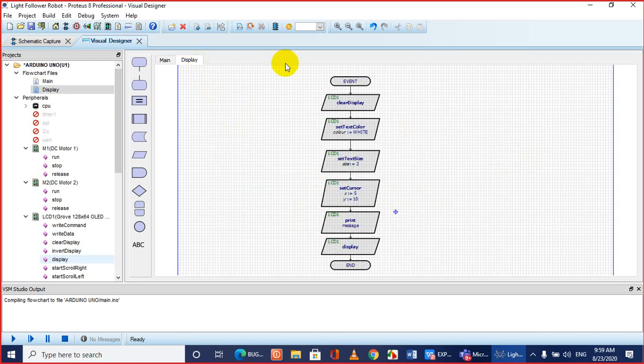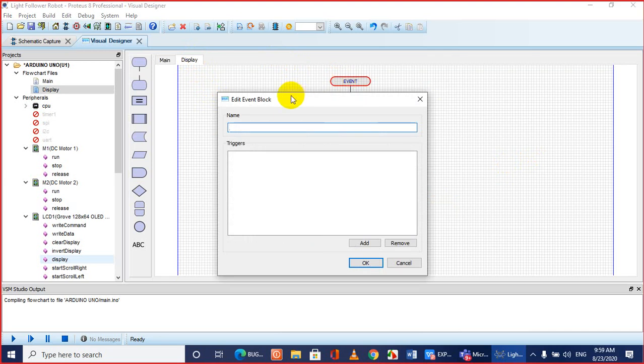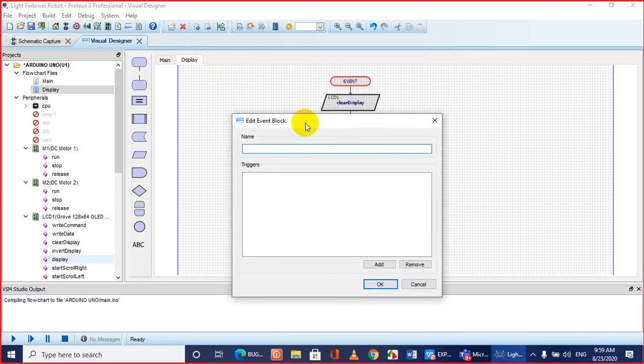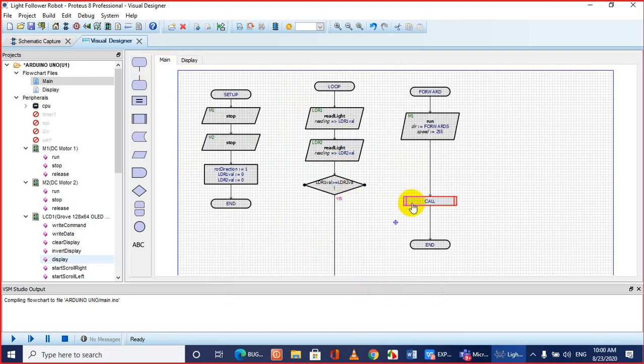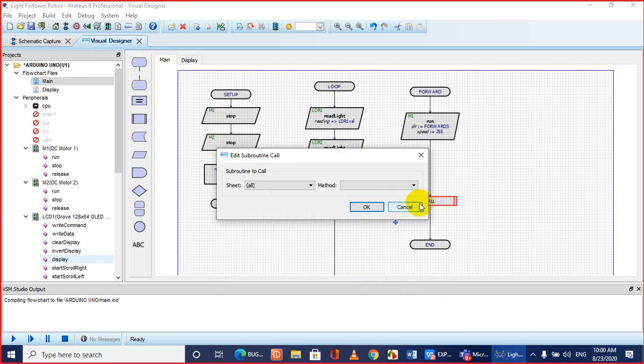Okay, we did not give the name, display message. Unless you give the name of your function, it does not show up. So you have given the name. So come over here. So we call the function display message.